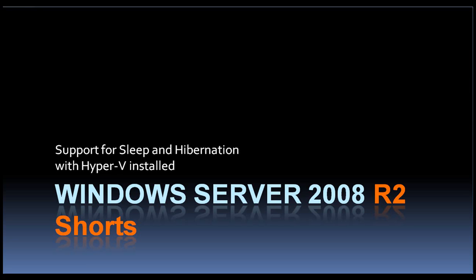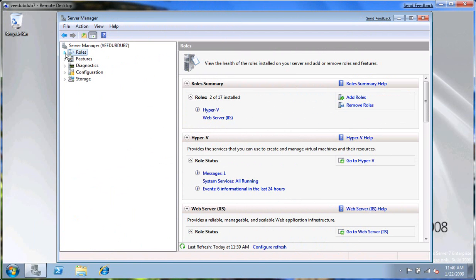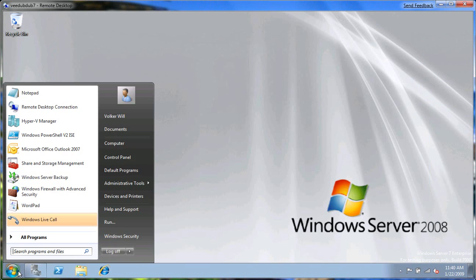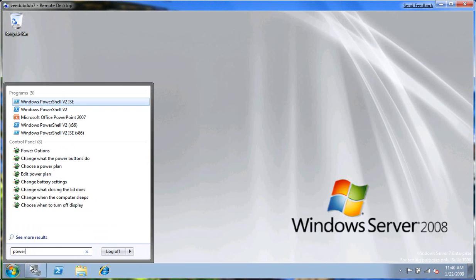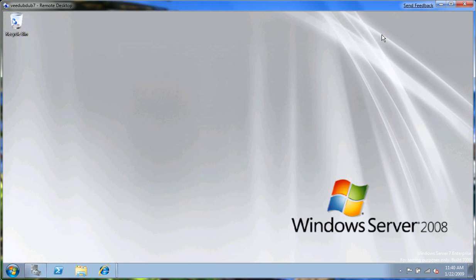Windows Server 2008 R2 Shorts, support for sleep and hibernation with Hyper-V. As you can see, on this R2 server we have Hyper-V installed. The power plan does not allow us to change any of the sleep or hibernate options because Hyper-V does not allow